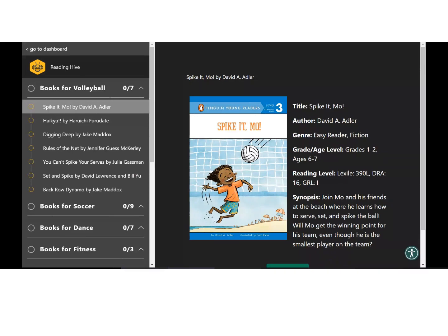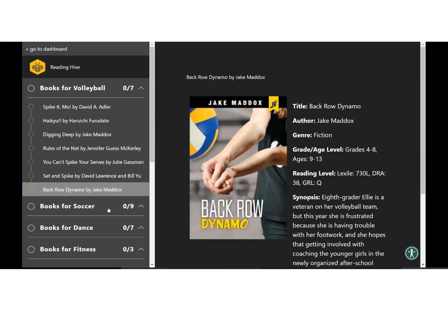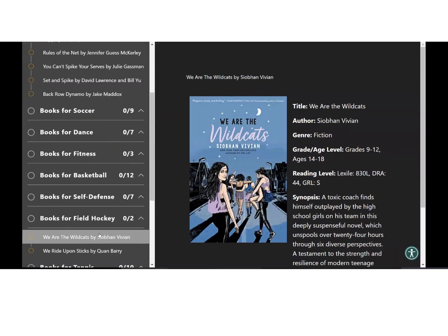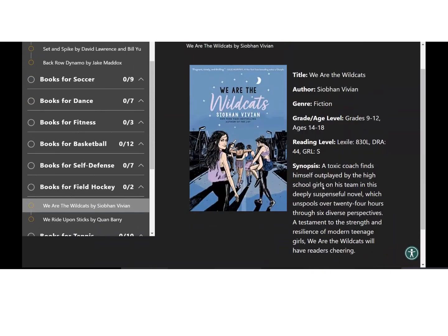Yeah, you can just finish up with the reading advisory. Okay, great. So what you'll see here is for every sport that we have on the platform, I have books that speak to the age group that is recommended. It goes all the way from beginning reader, which you see here with Spike It Mo, all the way up to young adult and teen. So for something like field hockey, which tends to be a little bit older, that's what that is here.